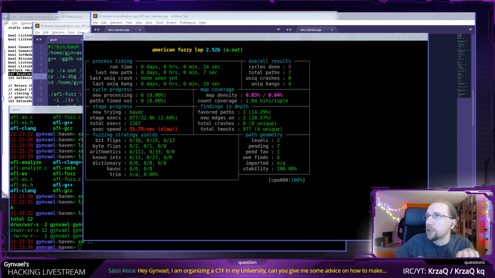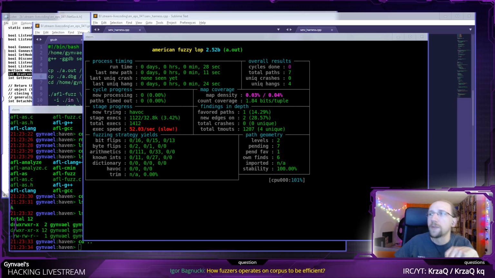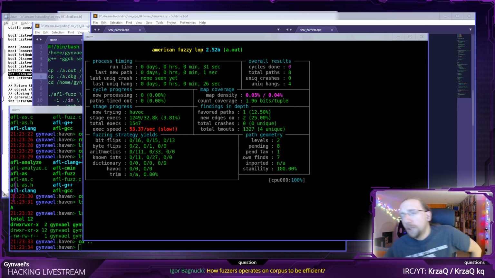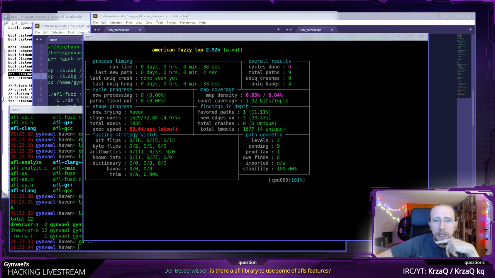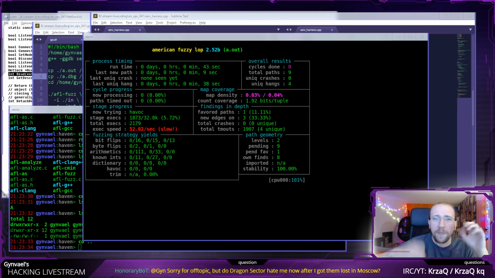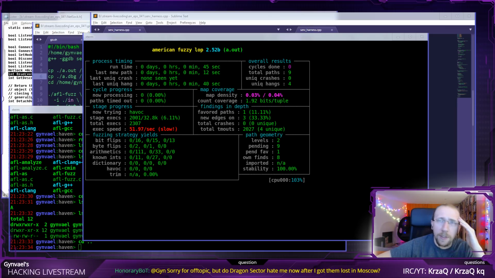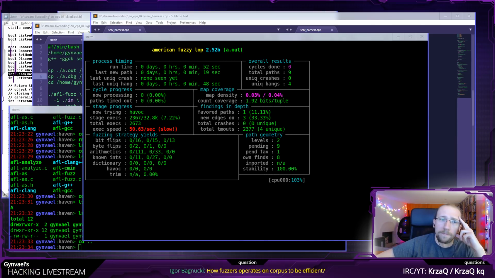Okay, so are there any questions? There are. How do fuzzers operate on corpus to be efficient? So it depends what you exactly mean, because I'm not sure if there's actually a good reason. One way AFL does it is that it tries for the corpus to be as small as possible. So each file should be as small as possible, and the corpus should be as small as possible. I'm not sure if that's the correct approach, or if for example using larger corpuses